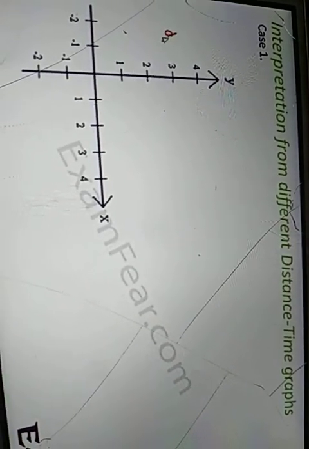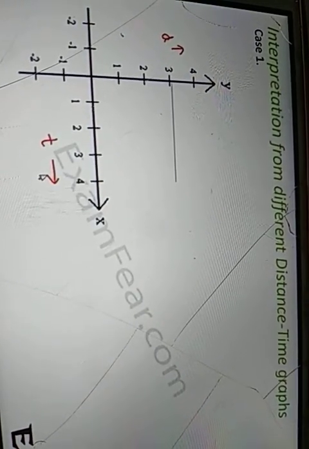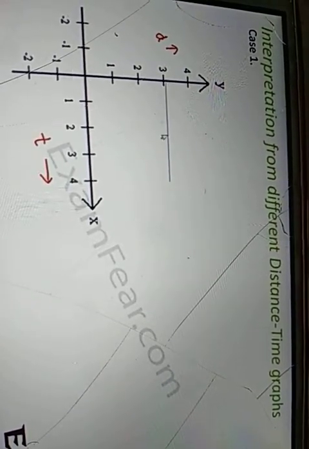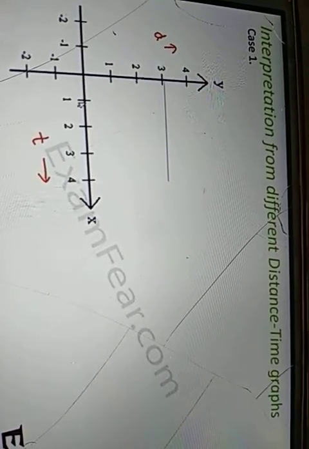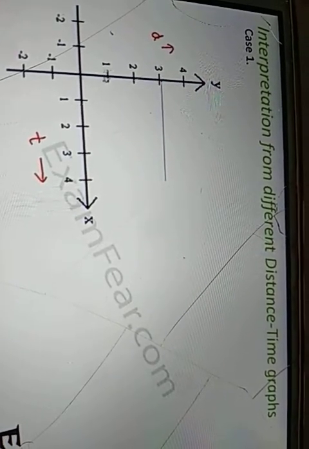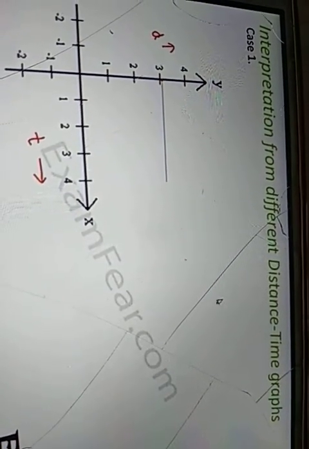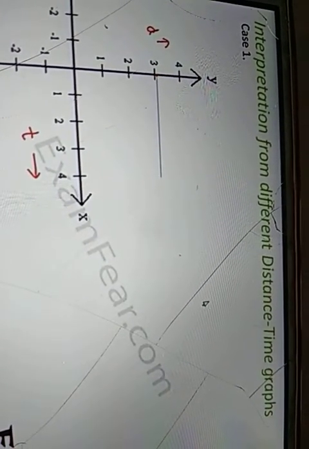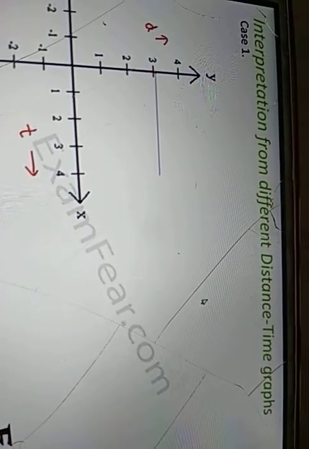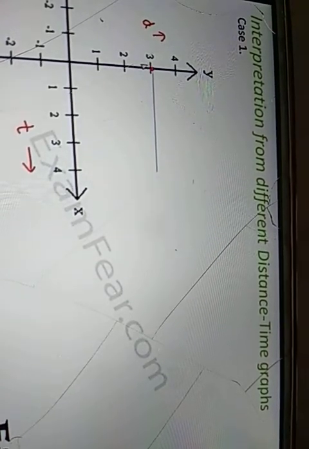from there. So say this is distance on the y-axis and time on the x-axis. If you have a graph like this, what does this mean? This is the line of the graph. That means the time is increasing. As time increases, the distance covered remains the same. So that means the object is not covering any distance with time. That means the object is not moving at all. The object is located at the same position. That is why the distance covered is the same.